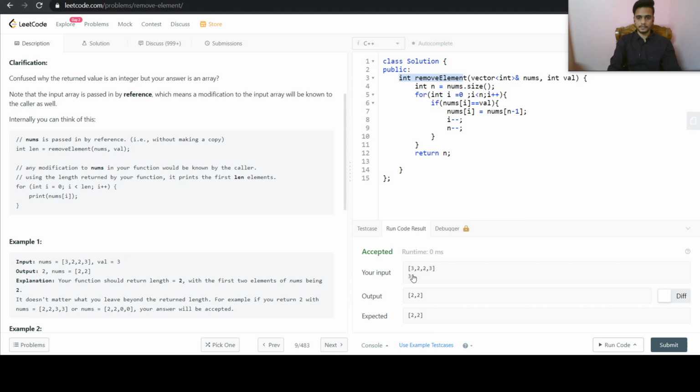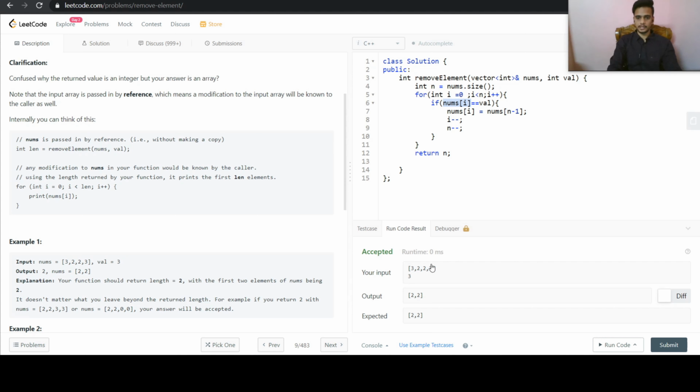And here we are. So what happened here is, we took the size of the array, which was 4. Then we traversed through the array. First it encountered 3. So nums of i is 3, and the value that we are given is also 3. So nums of i is equal to the value.